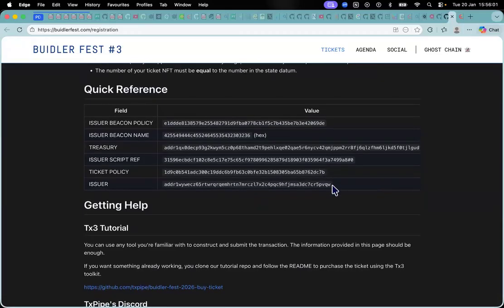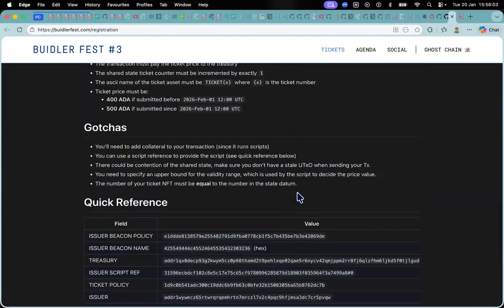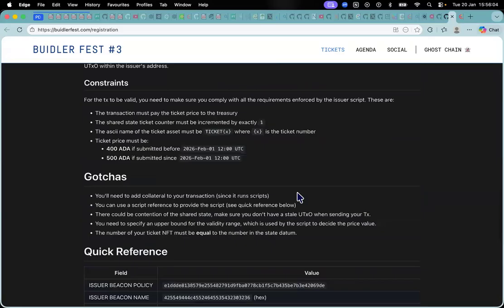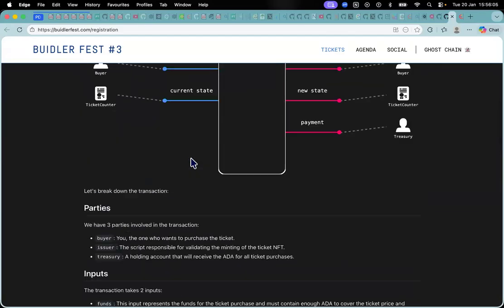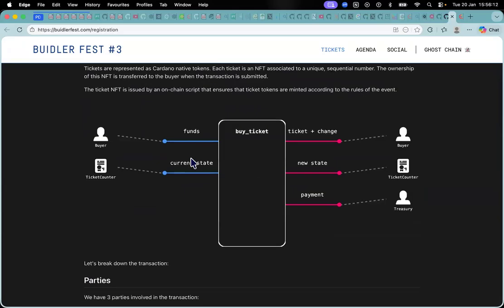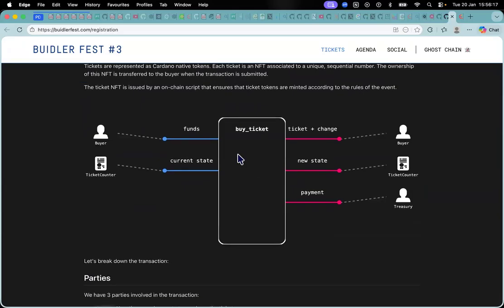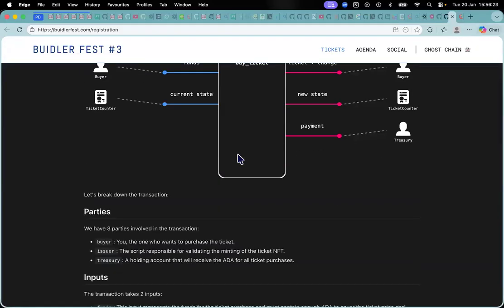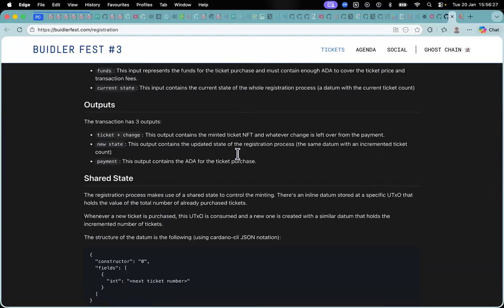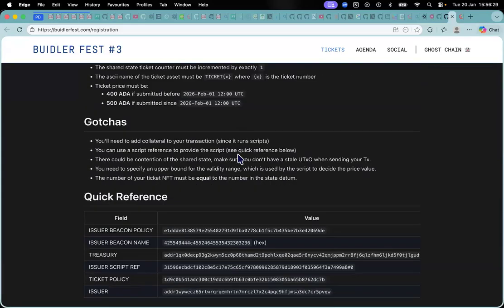Oh, this is the issuer address. Just to clear things up, we went through the validator last week. To buy the tickets, the buyer would have to... can you guys hear me? Check. Yeah. I just wanted to clear a couple of things. If you want to scroll down a little bit, Emmanuel, go to the transaction hashes that they gave. A little bit more.